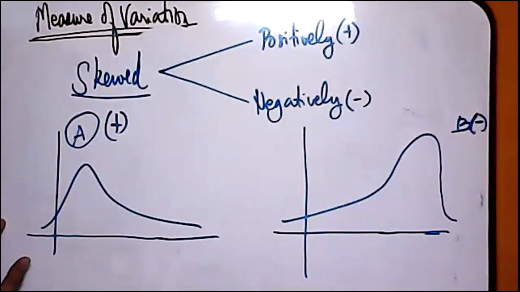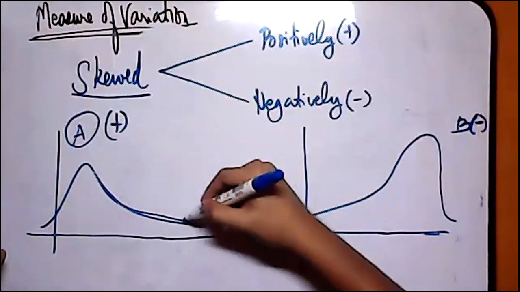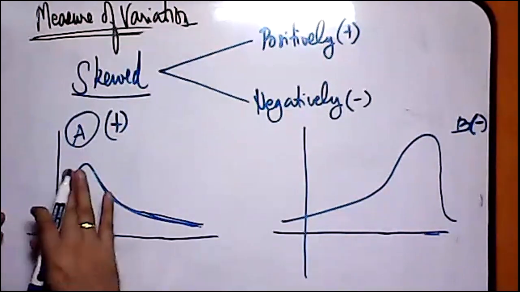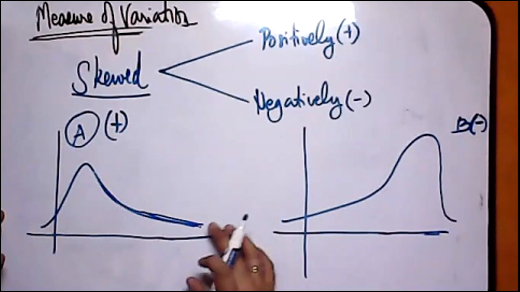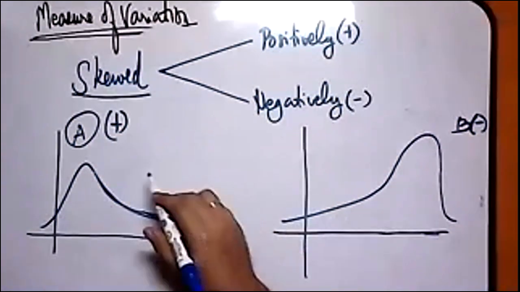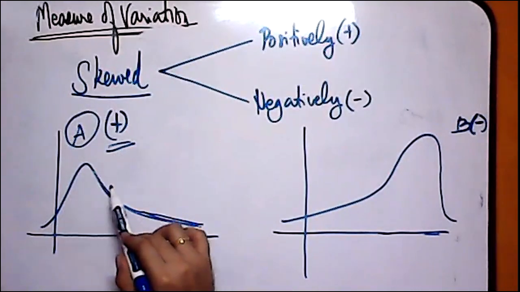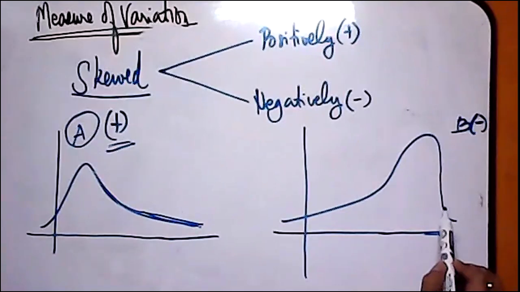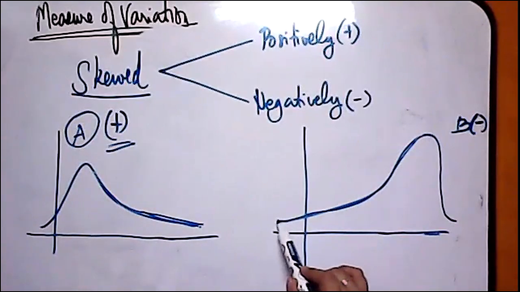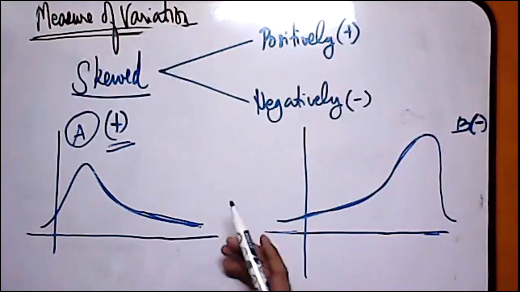How can I tell if the distribution is positive or negative? Looking at the tail. This is the tail, yung mahabang part. When the tail is going to the right, because you know if the x-axis is here, papunta siya ng positive, kaya sa positively skewed distribution. So again, when the tail is going to the right. But when the tail is going to the left, yung ating negative value sa x-axis,